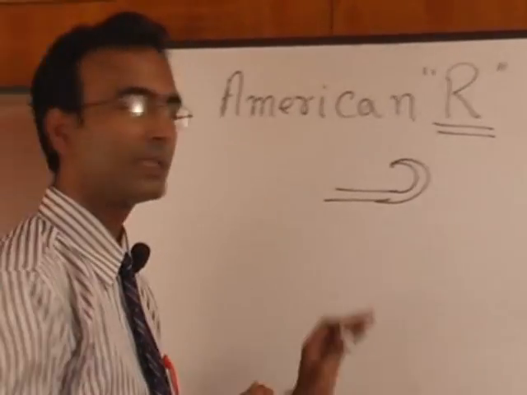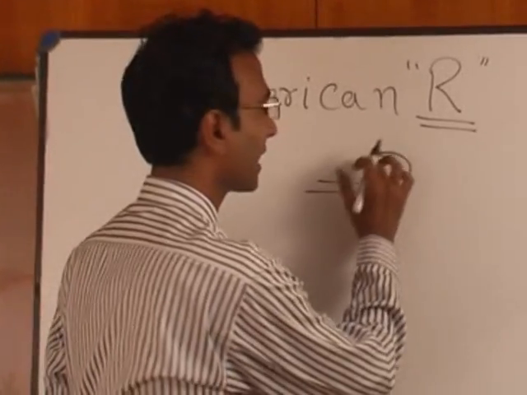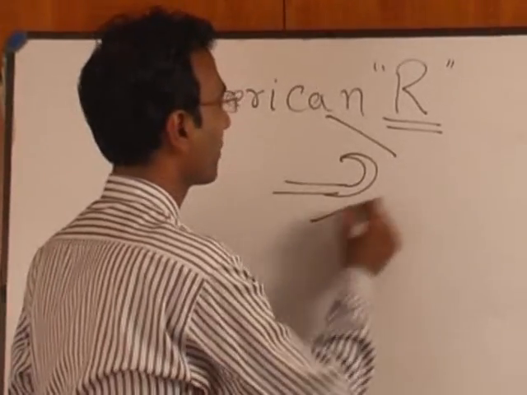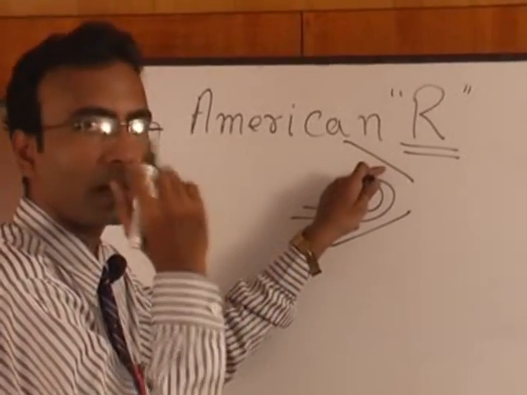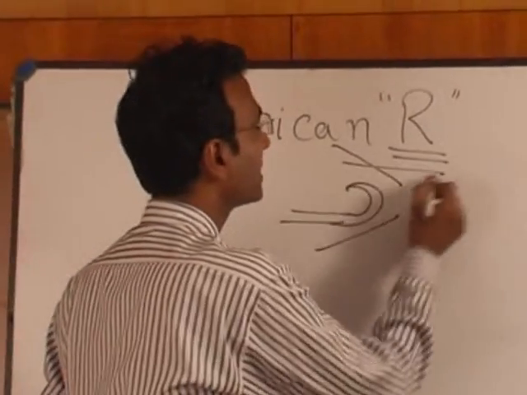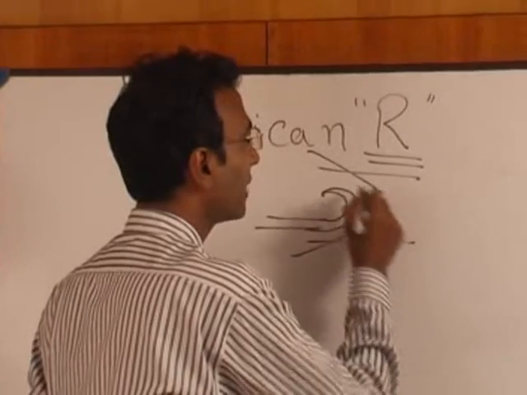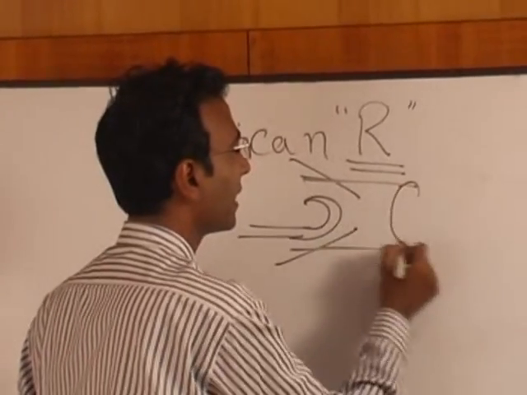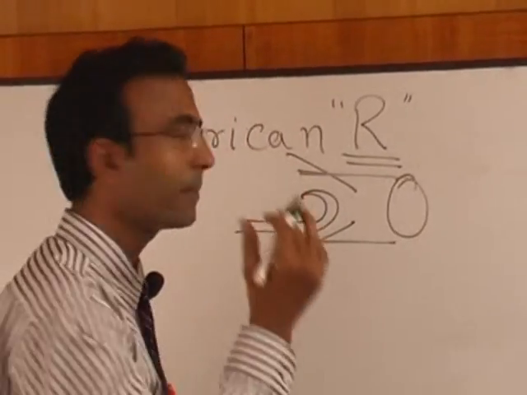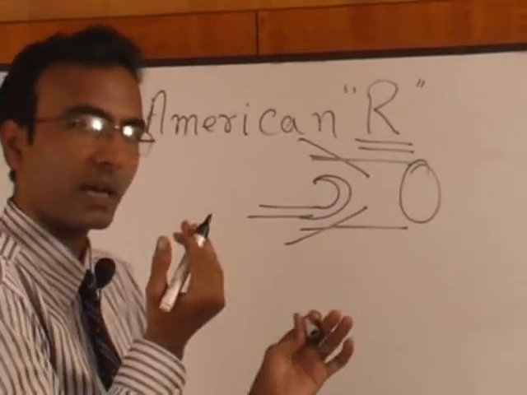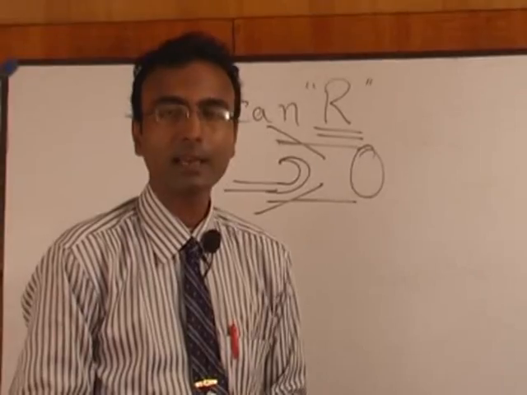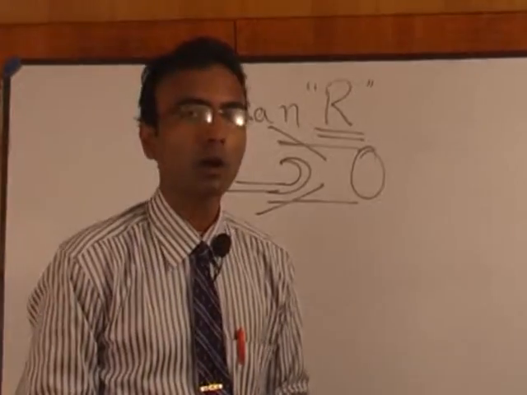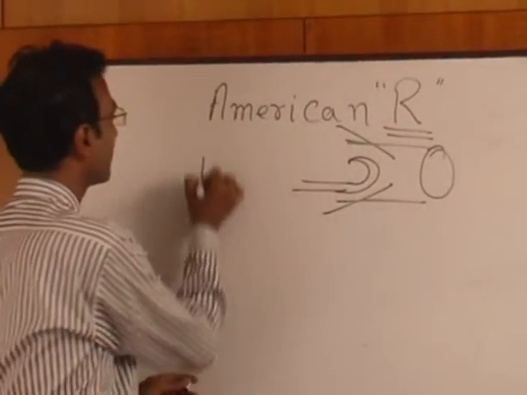Suppose for a while this is your tongue and you're just rolling your tongue at the back side, and this is the jaw. You don't need to touch the tongue to the upper jaw. And for example, this is your lip. Now you have to take your lip forward, make it a round shape, and pull your tongue to the back side. This pronunciation will be 100% American pronunciation, like rock, rock.